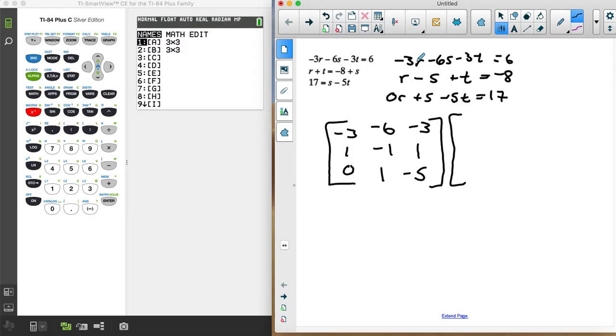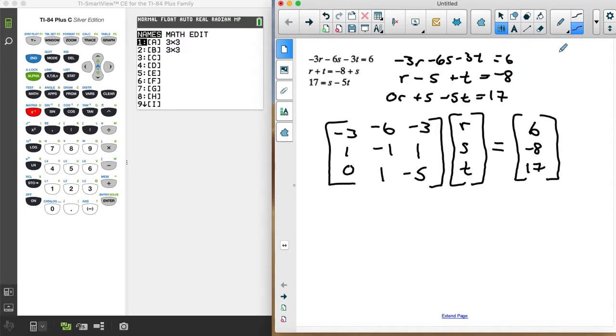And then I have RST, and so this is going to be a column vector. RST equals 6, negative 8, 17. And so in our graphing calculator, we need to enter this 3x3 and this 3x1. We're not going to worry about the RST. We're going to use the calculator to find the inverse of the 3x3 matrix and then multiply it by our constant matrix, 3x1 matrix. And so over here,